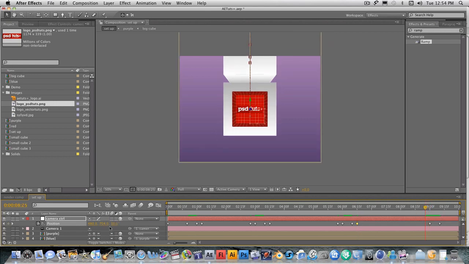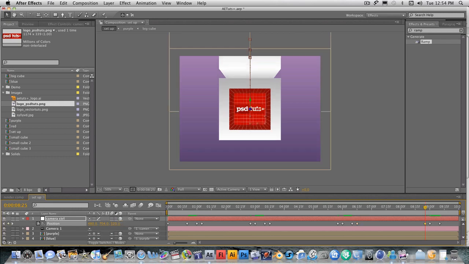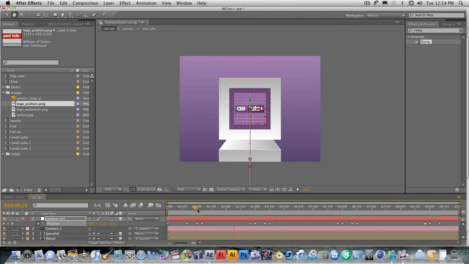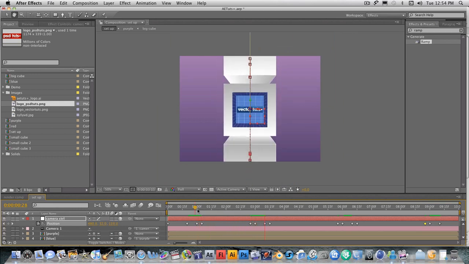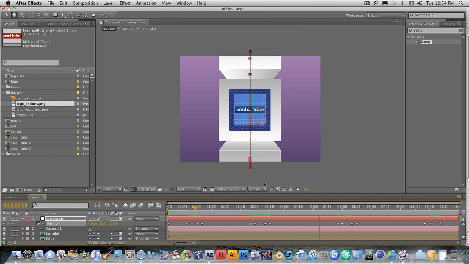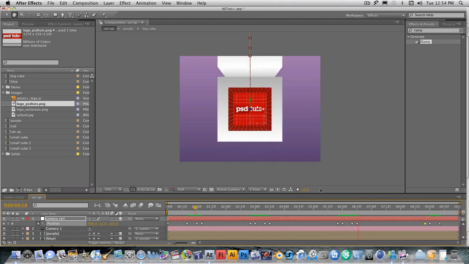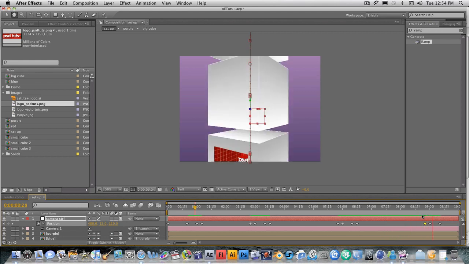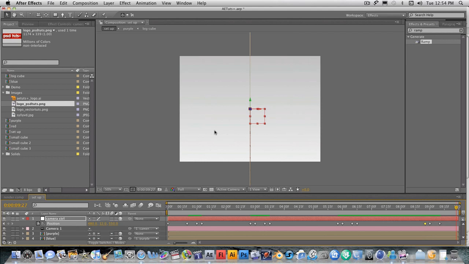120. And what we get is something like this. There you go. It makes the zoom back, and it does the same with the other cubes. Then the last one, we get back to the starting point. Okay, so another thing you can do to spice up this animation is to